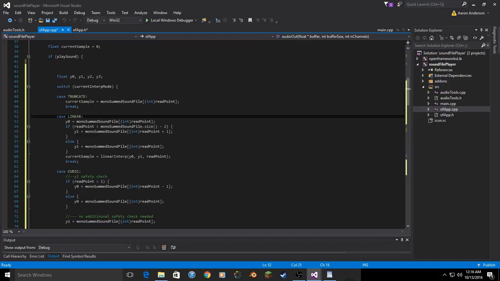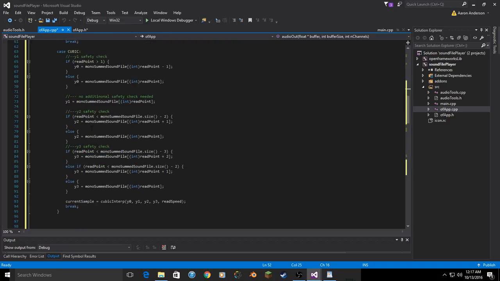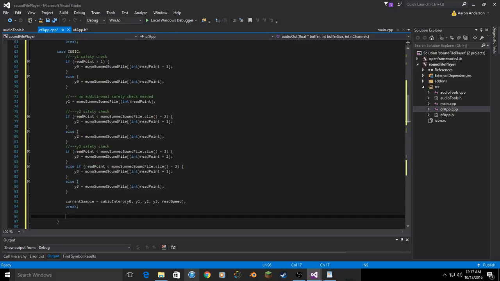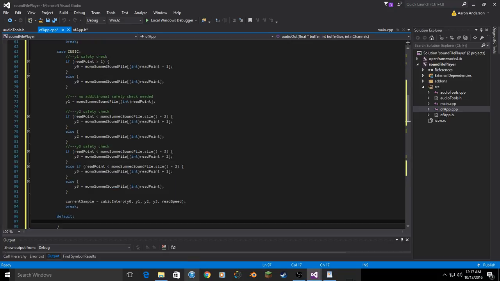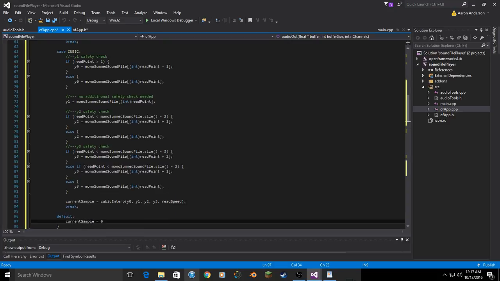All right, so for truncating, we're going to do this. If we're linear, we're going to do this. If we're on cubic interpolation, we'll do all of this. All right, let's add a default case. So if something does go wrong, we'll know, and this should never happen. But we'll set current sample equal to 0 in a default case, and we won't cout anything because